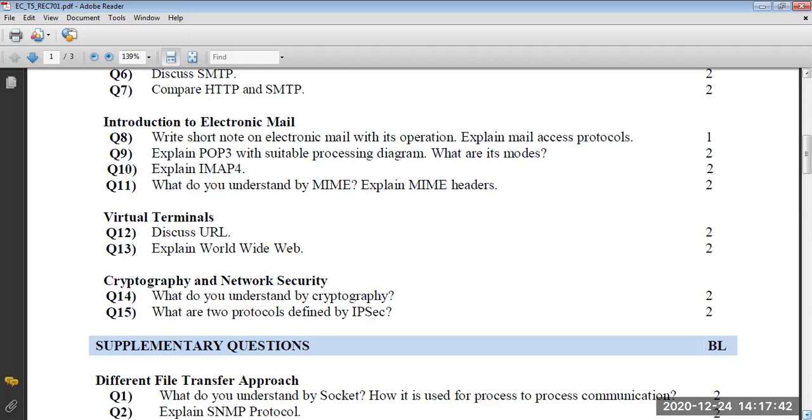IMAP4 हमने बताया था Internet Message Access Protocol, that is the version 4. This is the advanced version of Post Office Protocol, that is POP. इसमें क्या होता है, this is also used for the pull operation. ये भी मेल को पुल करने के लिए होता है। बस इसमें एक यही मेन फीचर है कि ये पार्शियली, इसमें जो हेडर्स होते हैं, हेडर को आप चेक करके पार्शियली मेल को एक्सेस कर सकते हैं। सब्जेक्ट को एक्सेस कर सकते हैं कि सब्जेक्ट क्या है। लेकिन पोस्ट ऑफिस प्रोटोकॉल में ऐसा नहीं होता। पोस्ट ऑफिस में जब तक आप पूरा मैसेज डाउनलोड नहीं करेंगे तब तक मैसेज को एक्सेस नहीं कर सकते। But IMAP में ऐसा नहीं है। IMAP में आप पार्शियली भी मैसेज को एक्सेस कर सकते हैं। क्लियर? So this is the major advantage of IMAP. हेडर की हेल्प से आप सब्जेक्ट कंटेंट पता कर सकते हैं कि सब्जेक्ट क्या है। ये सारी चीजें इसमें फैसिलिटी होती हैं। ठीक है,